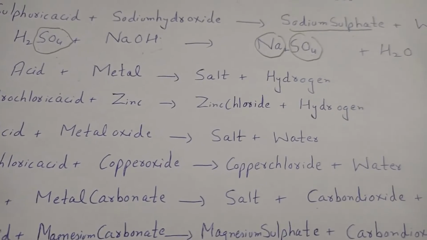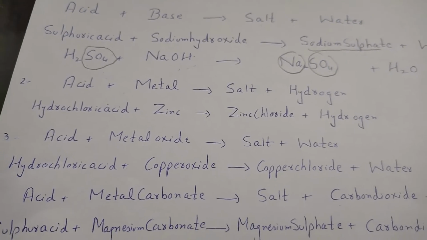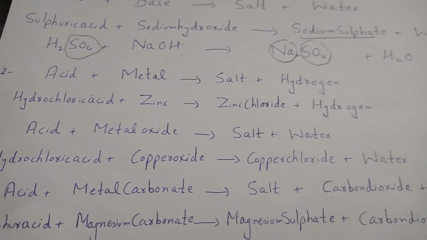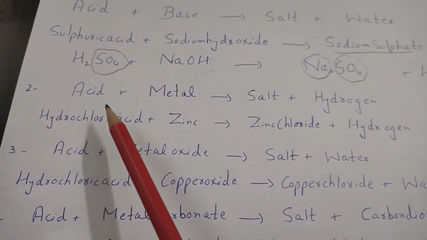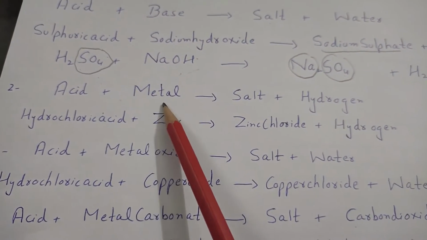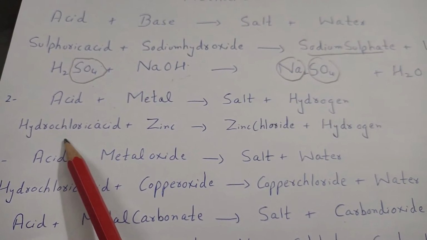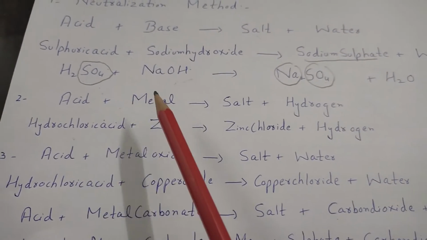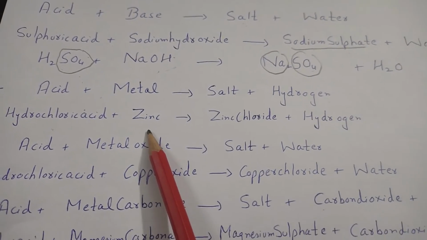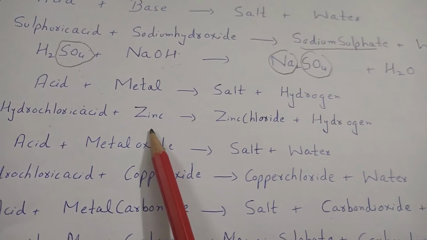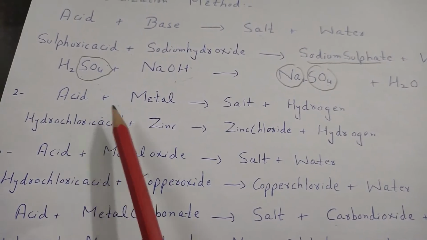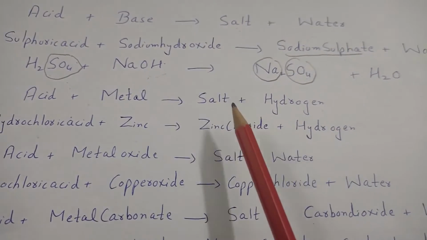We have already discussed in the reactivity series about the squeaky pop test. How do we do the squeaky pop test? We always take an acid plus metal. For example, I took hydrochloric acid, and for the metal I took zinc. You can take magnesium, you can take copper, right? Whenever the acid and metal react, it gives us salt.